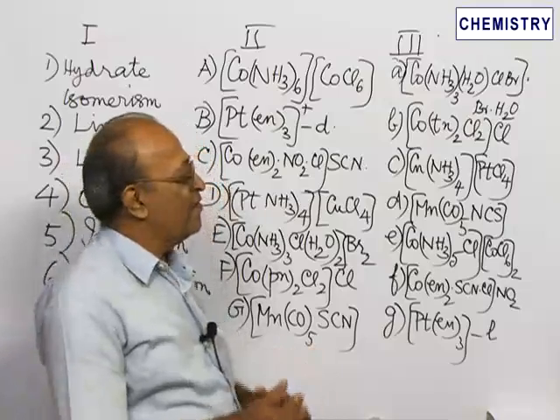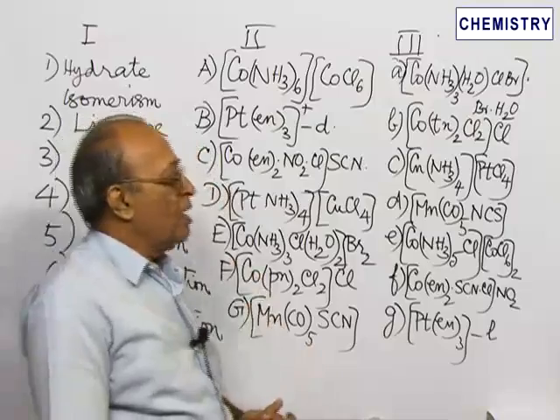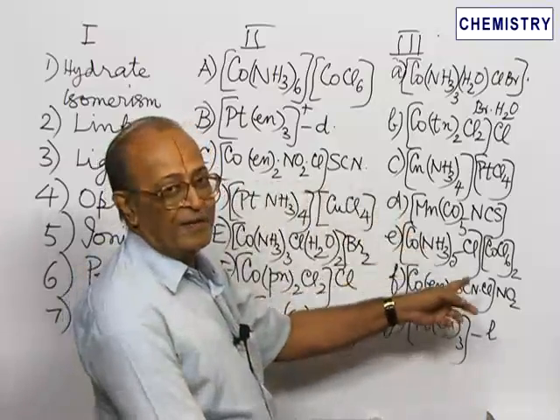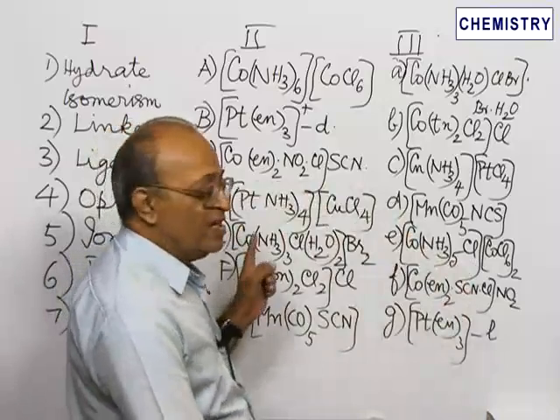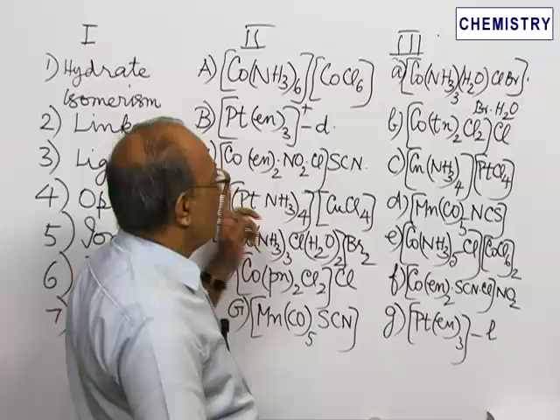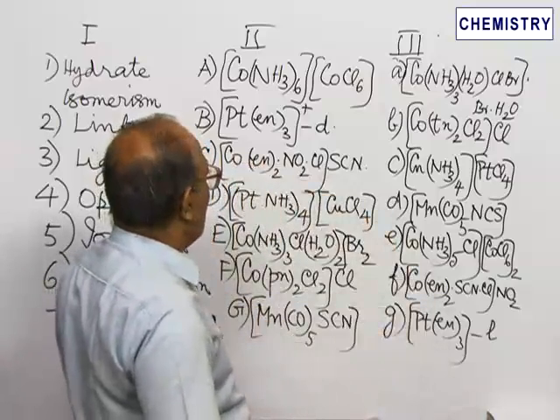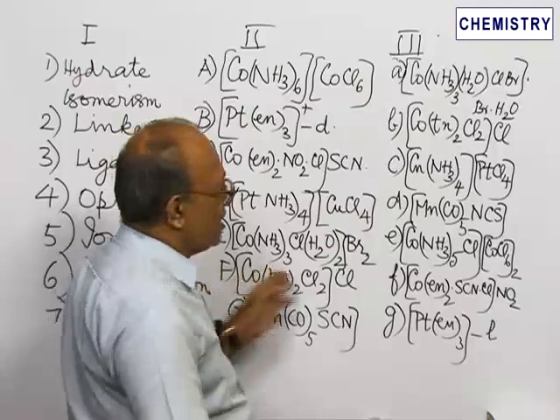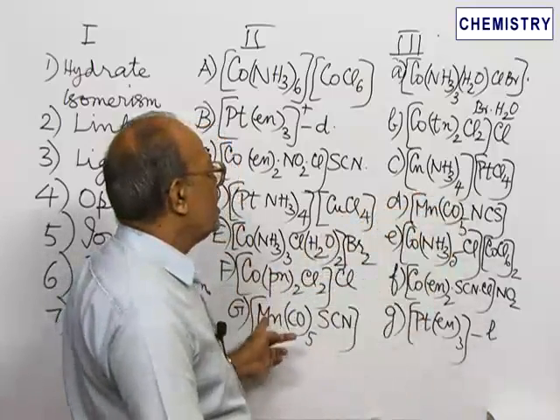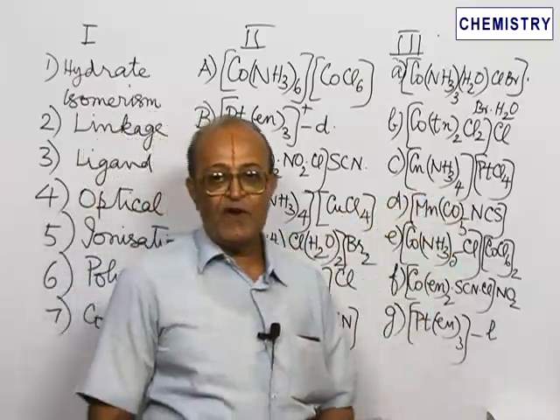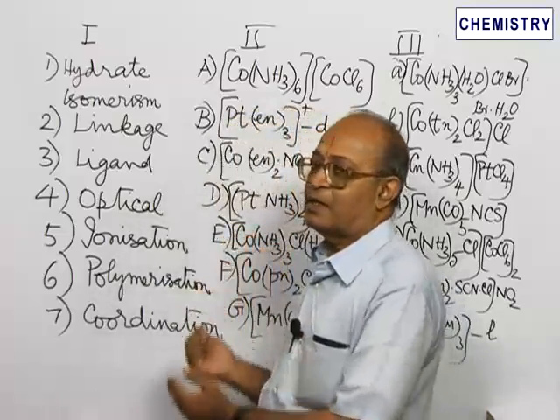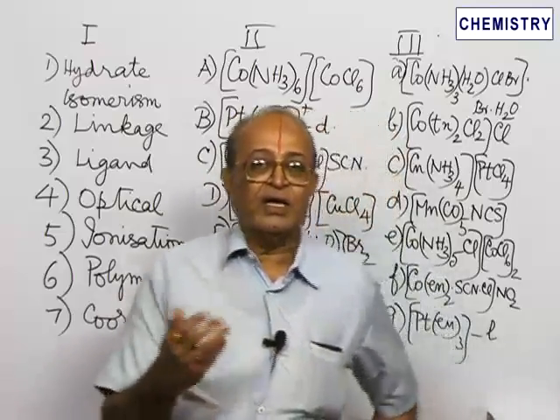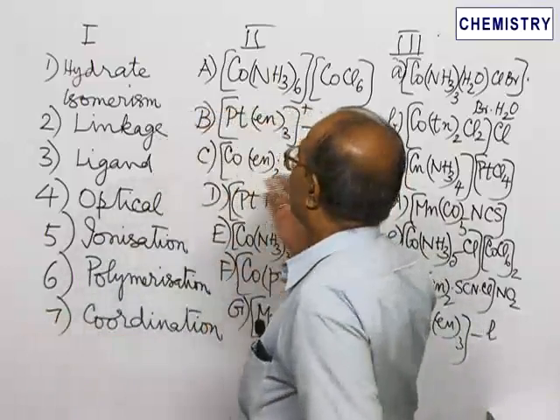So for the sake of completion, you please note down, I give the answer for matching: 1 E A, 2 G D, 3 F B, 4 B G, 5 C F, 6 A E, and 7 D C. So as far as these isomerisms are concerned, the important isomerism we have included here and the corresponding isomers also. So for matching, I can choose, say for example, all these three, or I can have column 2 and